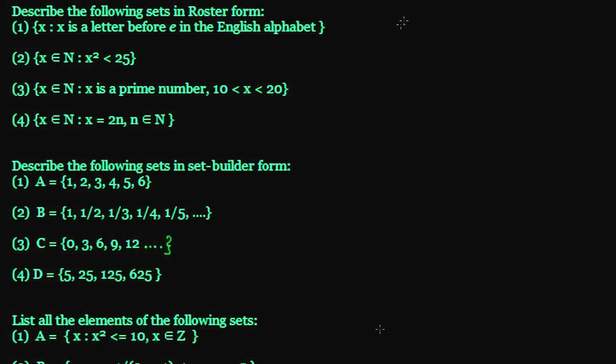So what do I have to represent? I have to write in curly brackets. The values will be a, b, c, d and e. Elements we always give in lowercase, that's why we have to give lowercase. So the values will be a, b, c, d. Before E, so e will not be there. The values will be a, b, c, d. That's our first answer. Let's move to the next one.